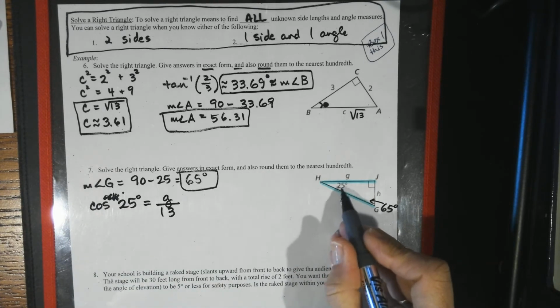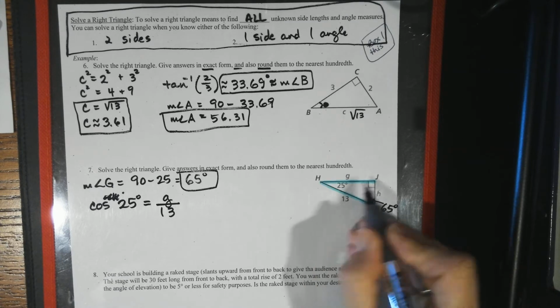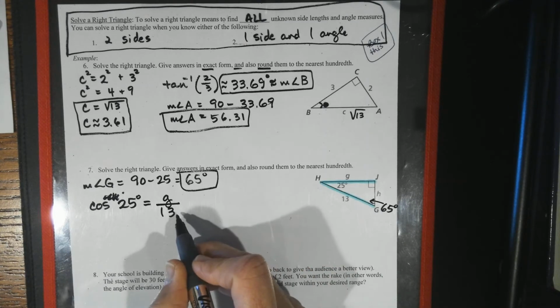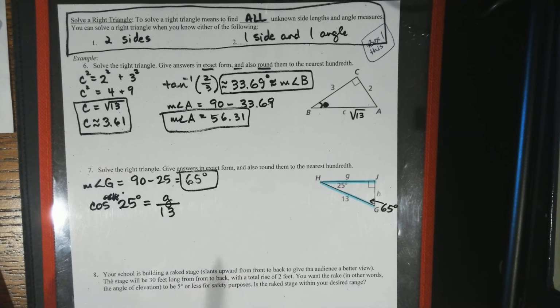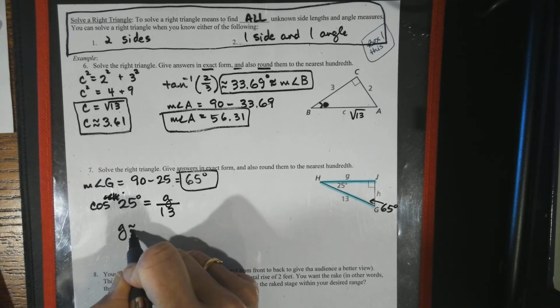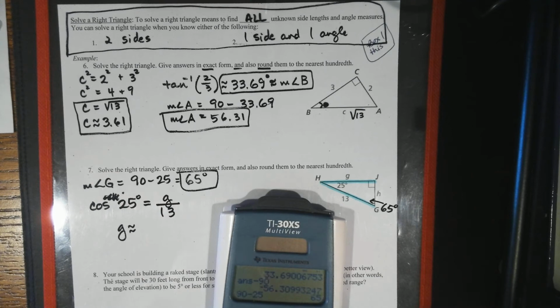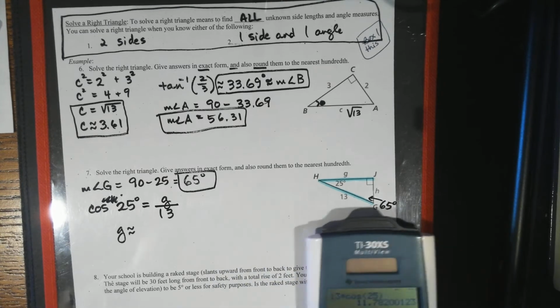The cosine of this angle is g over 13, adjacent over the hypotenuse. So then you multiply both sides to get 13 times cosine 25, which will give me 11.78,